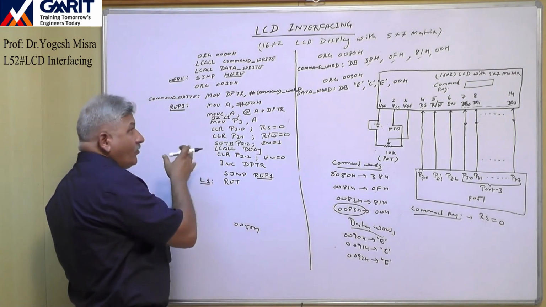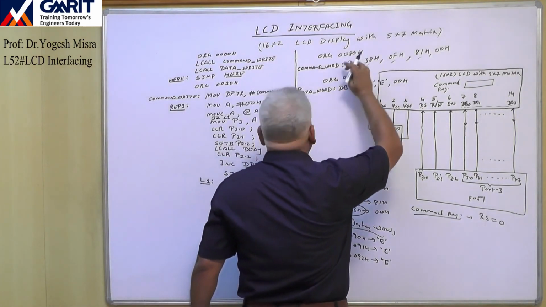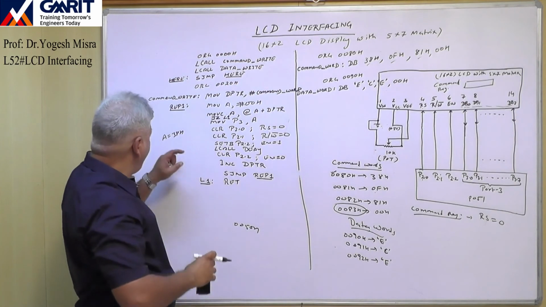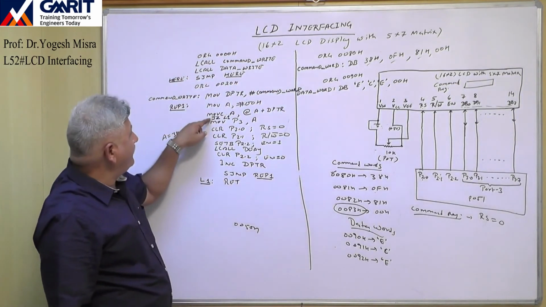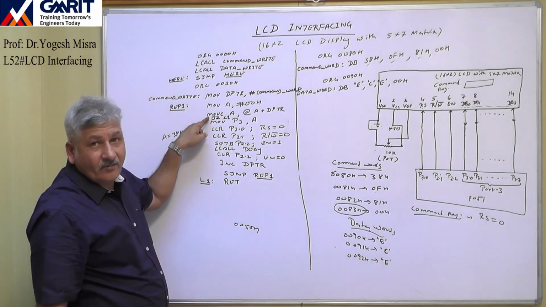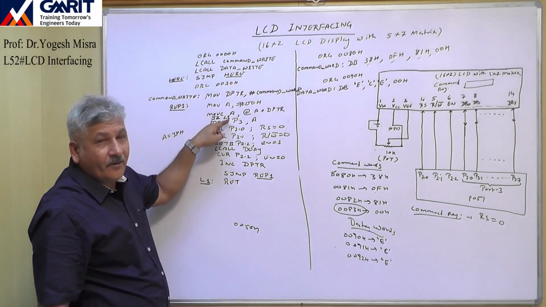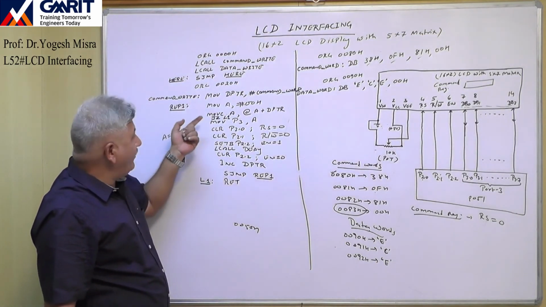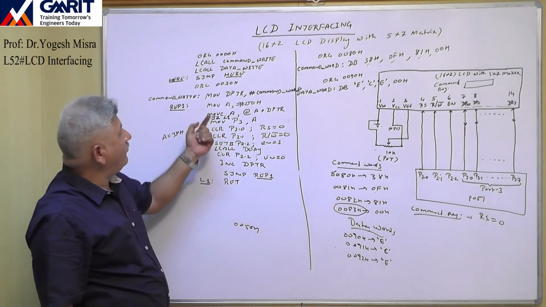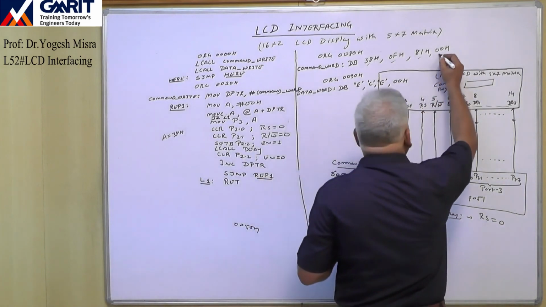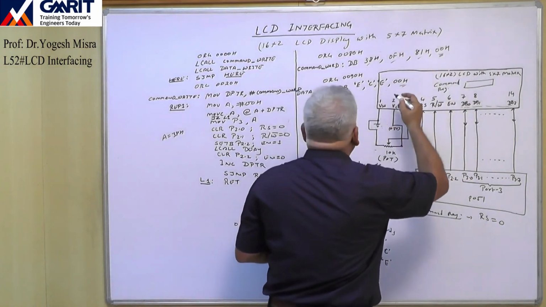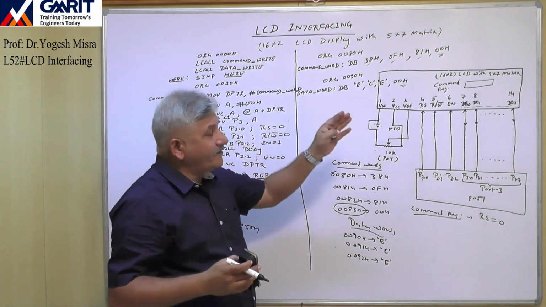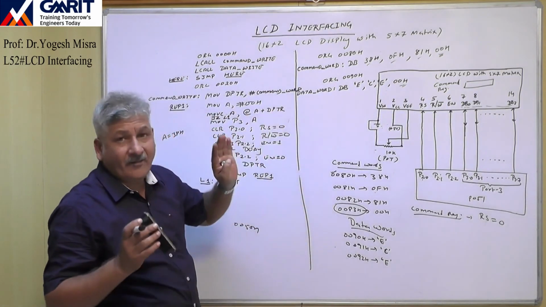If the value of A is not 0, when the command word 38 was in the A register, during that time the JZ instruction will not jump to label L1, because the value of A is a non-zero number. Whenever the value of A becomes 0, only then will it go to label L1, and from here we will go to RET. That's why in the last we have loaded 00. In the same way, for the data word also we have loaded 00 in the last. This 00 indicates that all the command words or all the data words have been loaded.